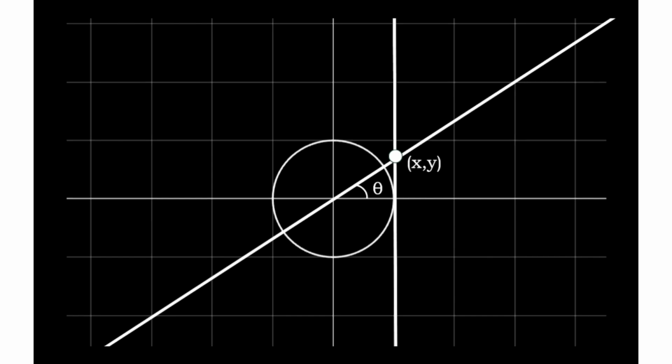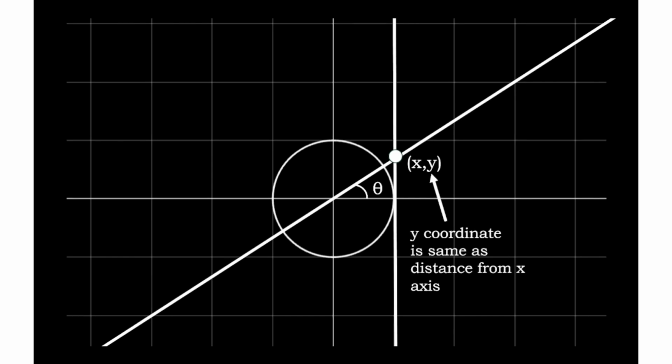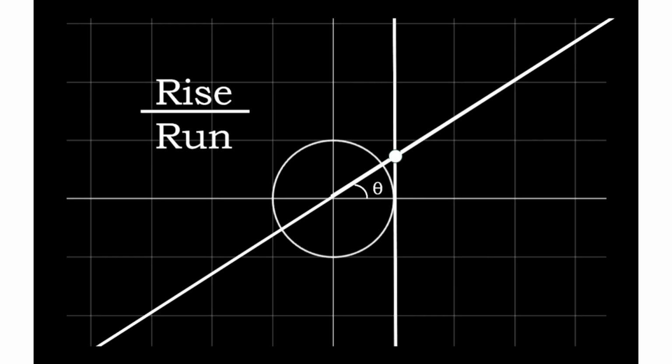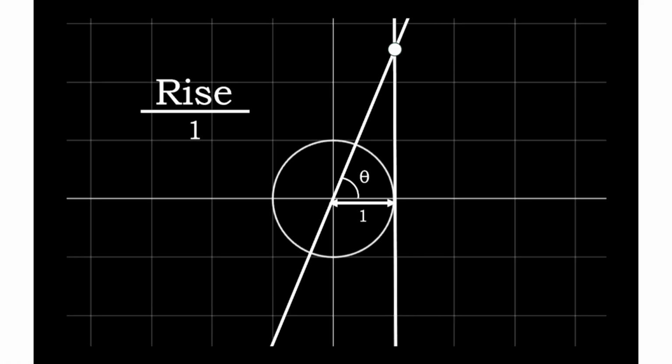To know why this is the same as the slope, we need to remember that the y-coordinate of the intersection is the same as saying the distance of the intersection from the x-axis, basically height. This works because the slope is defined by rise over run, and if you have a vertical line 1 away from the origin, and have the segment of the line also end at 1 away from the origin, then the value of the run, or the horizontal line, will always be 1,